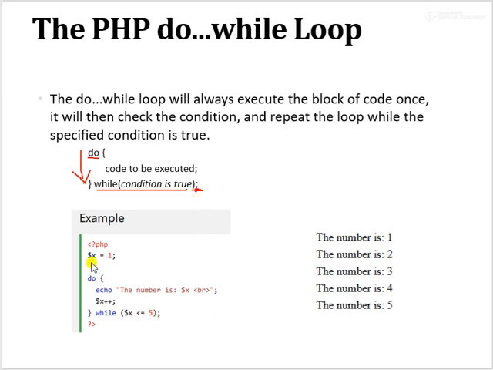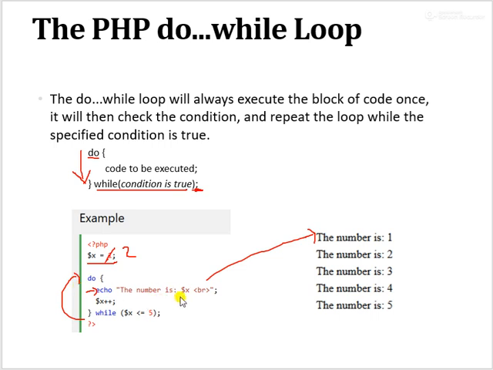Okay, so here in example variable x is initialized with 1, do. So at least one time it will be executed. After do it will come immediately to this statement, echo the number is variable x, the value of x is 1, so this first line will display on screen, x plus plus, x will become 2. Okay, then it will check condition. First execute the statement, then check the condition. x is less than or equals to 5, 2 is less than or equals to 5, true. So it will loop back again here.